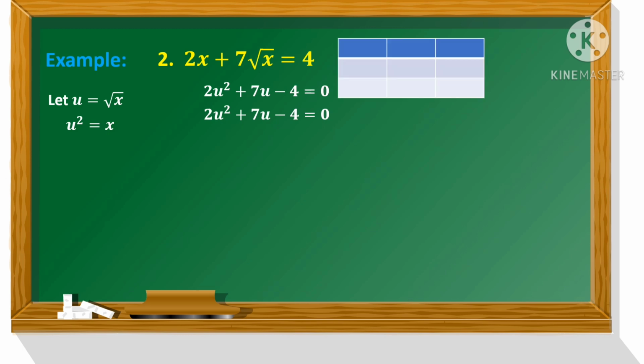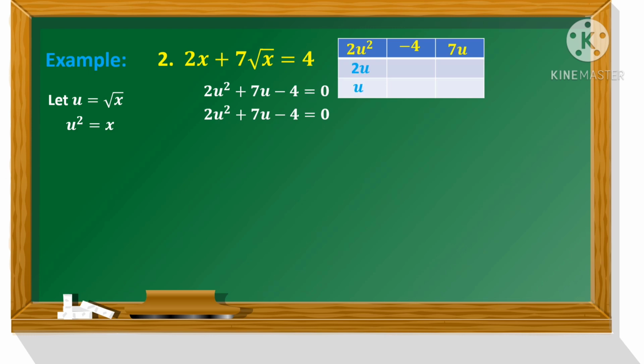If you still have difficulty in getting the factors, we can make a table. The upper left box is for the quadratic term, where we have to place this here, and the constant in the middle, and the linear term at the upper right of the given box. Okay, so we have this 2u squared, negative 4, and 7u. So we have to factor 2u squared. So we have now 2u